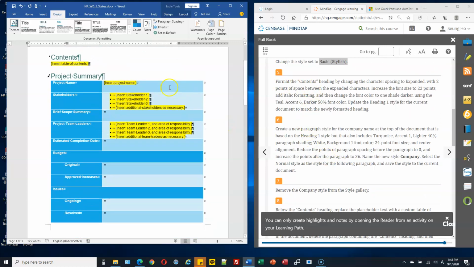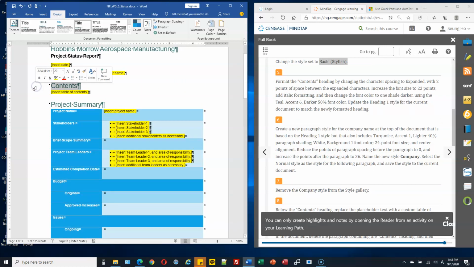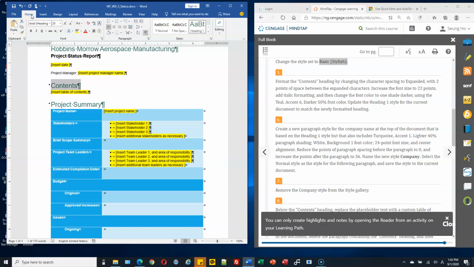Okay, format contents. Content setting, change the character spacing. Okay, character spacing. So how do we change this one? Okay, home tab, right? Home tab. This should be the font dialog box.